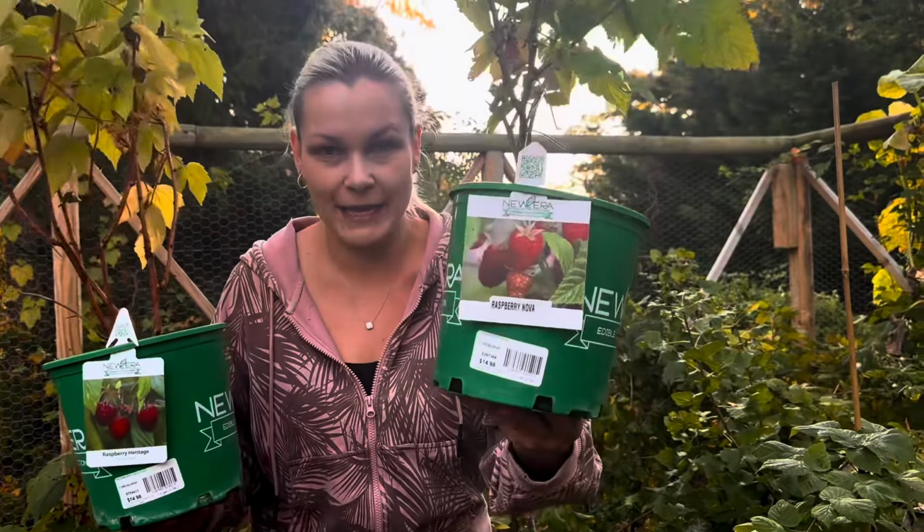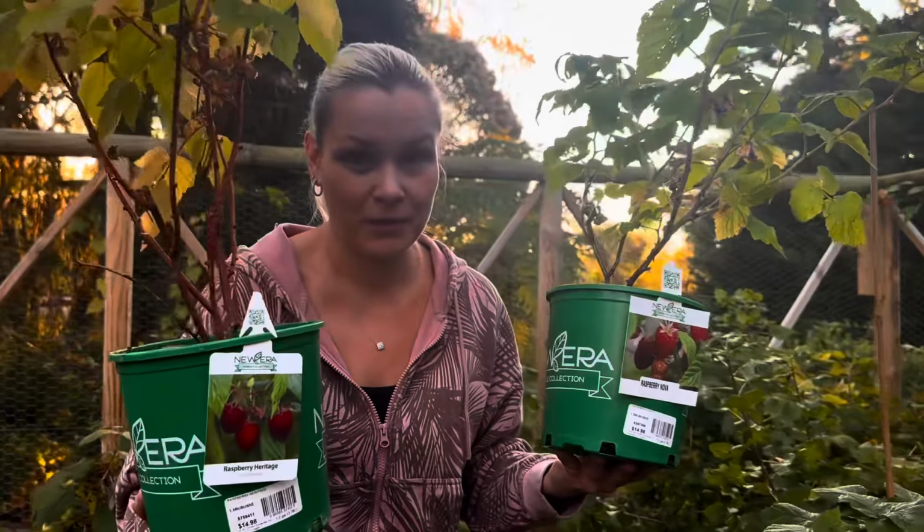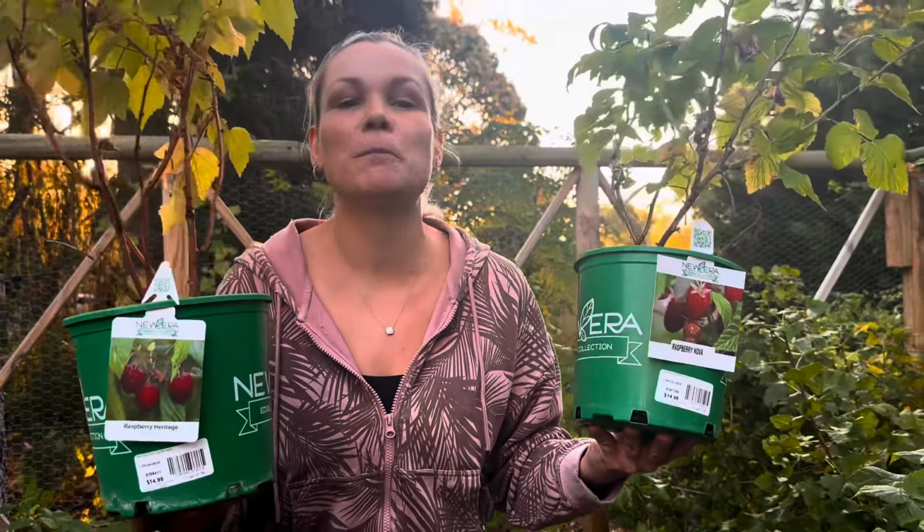Raspberries come in a variety of beautiful colors depending on the type of raspberry you're trying to grow. Raspberries are purple, yellow, white, and of course our traditional red color raspberries, which are the most popular. Some varieties are thornless and some are thorned. If you want to extend your growing and harvesting season, I recommend that you plant various raspberry varieties in your home garden. I have purple varieties growing in my home garden, golden, and of course red. And as you just saw, even in the middle of fall, I am still harvesting juicy, delicious raspberries for myself